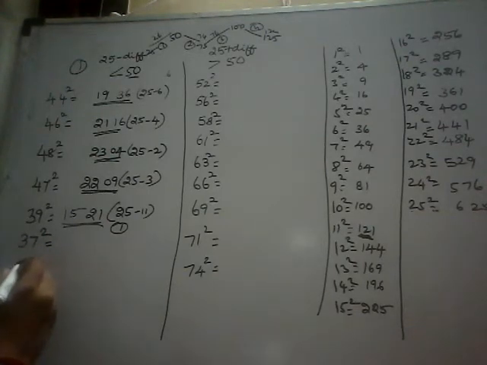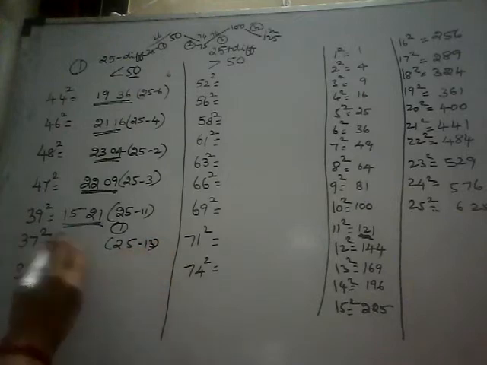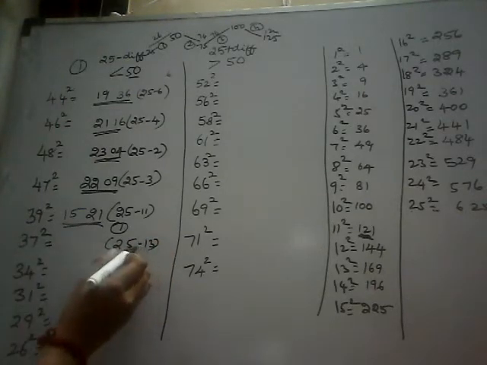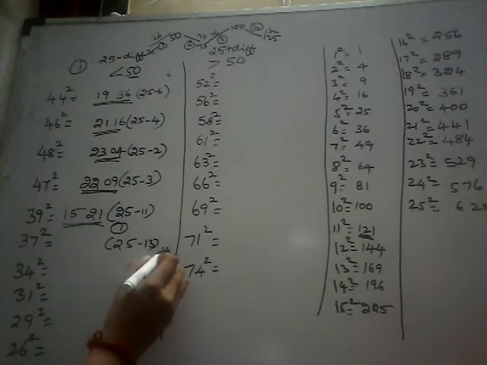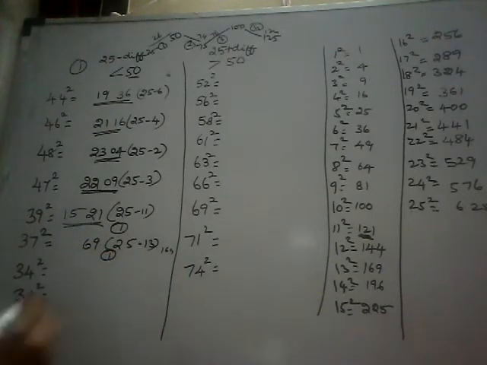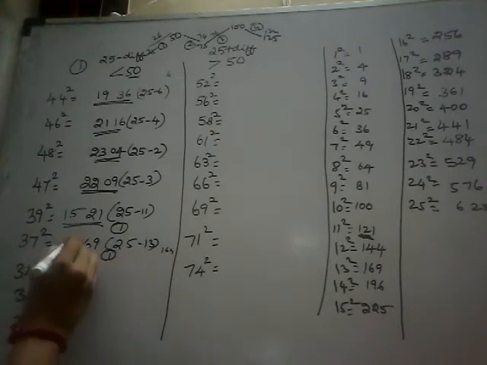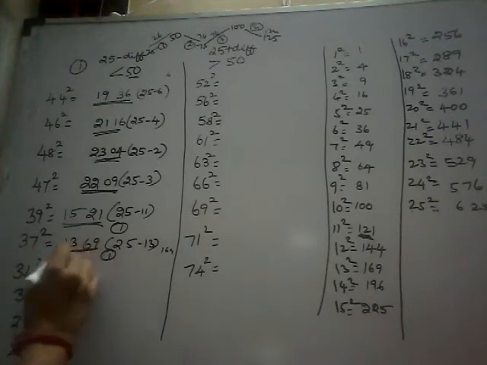What is 37 square? How much is the difference? 13 is the difference. So what will you do? Square the 13. That is 169. 169, you write 69 alone and 1 carryover. Now 25 minus 13, what is it? 12. 12 add to this 1, that will give 1369, the answer.